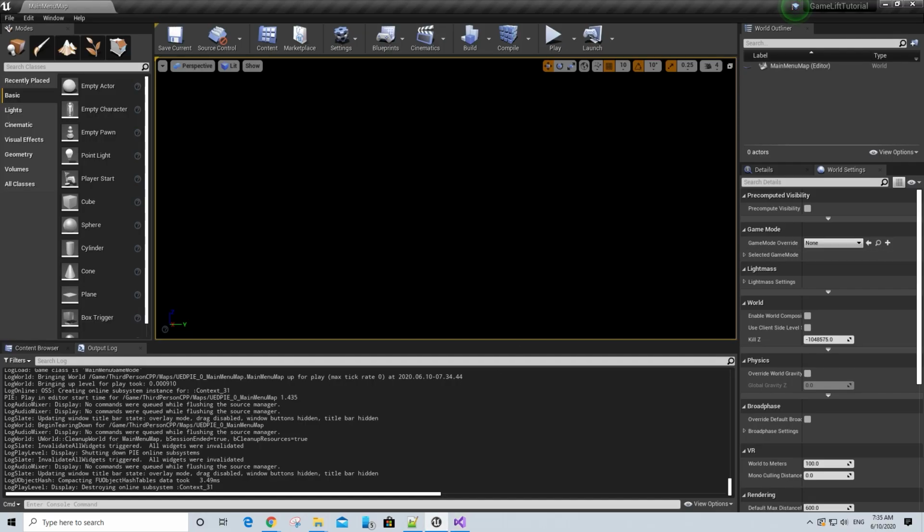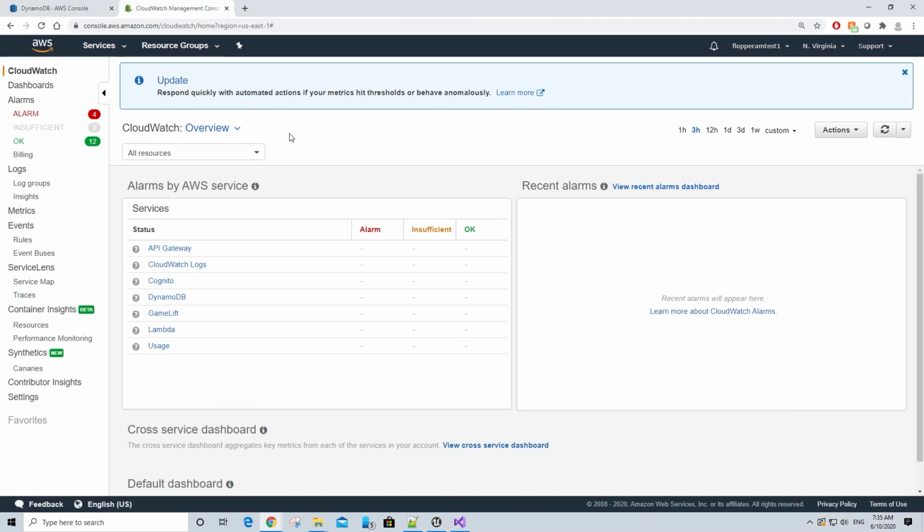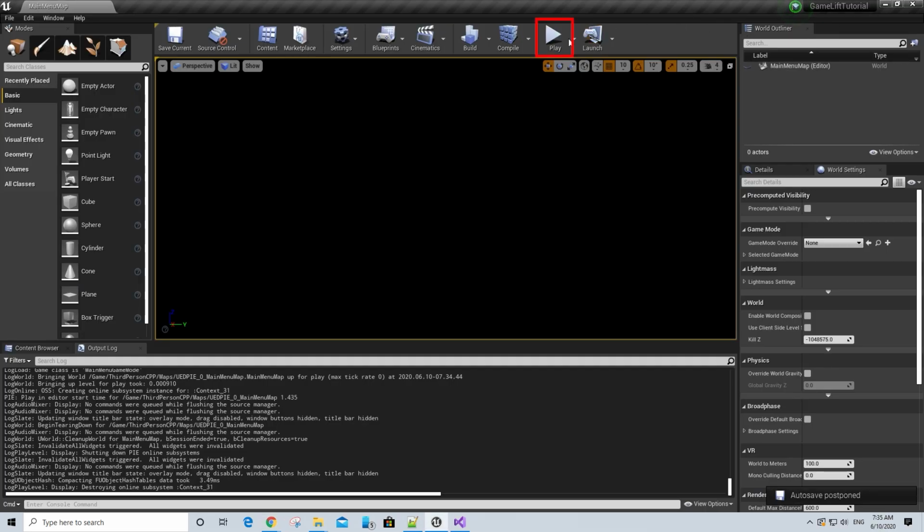Now, before we continue, I would highly suggest pausing this video and opening up the DynamoDB dashboard, as well as the CloudWatch dashboard in the web browser of your choice, because I will be referring to CloudWatch logs as well as DynamoDB table changes while running this project. With that said, let's run the game